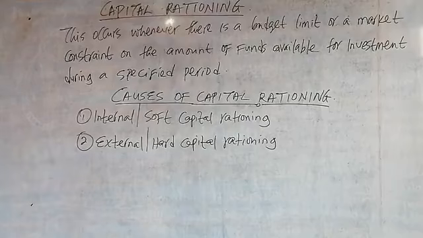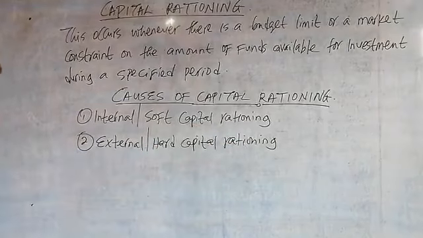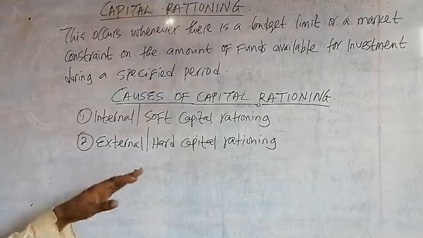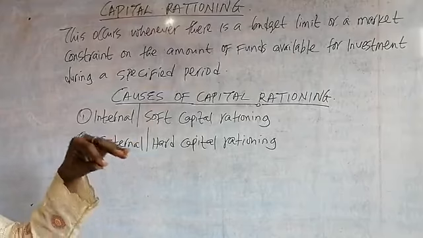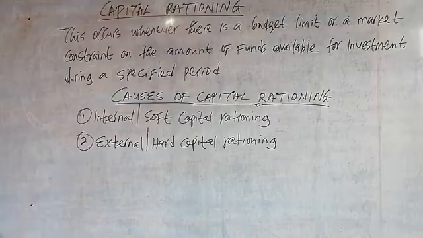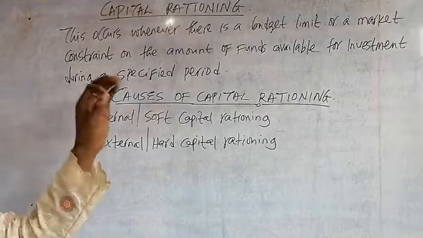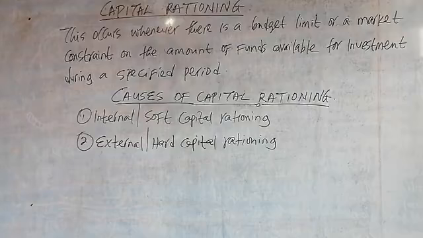So an example of these internal factors of capital rationing can be the manager may decide that for this period we don't want to spend too much money. We don't want to spend above a particular limit, above a particular ceiling. The manager may decide that for this period we are going to have a ceiling on what you are going to spend. By that, therefore, the company won't be able to invest in all the projects. By that, therefore, it's going to pick the projects in which it's going to invest.